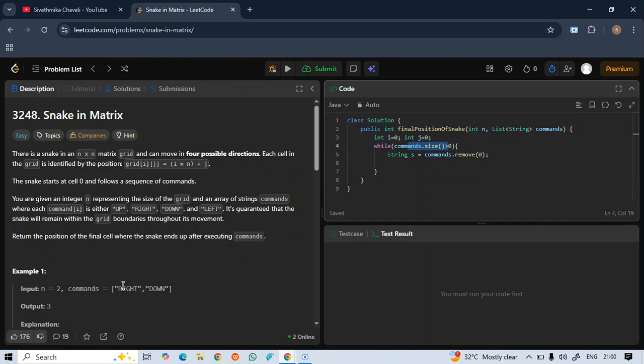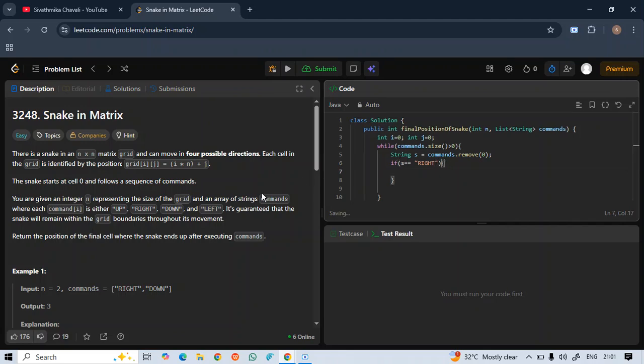In the string s, commands dot remove zeroth index, the 0th index is the right command. So here s will store the right command. Now we need to give conditions to this. If s is equal to right,